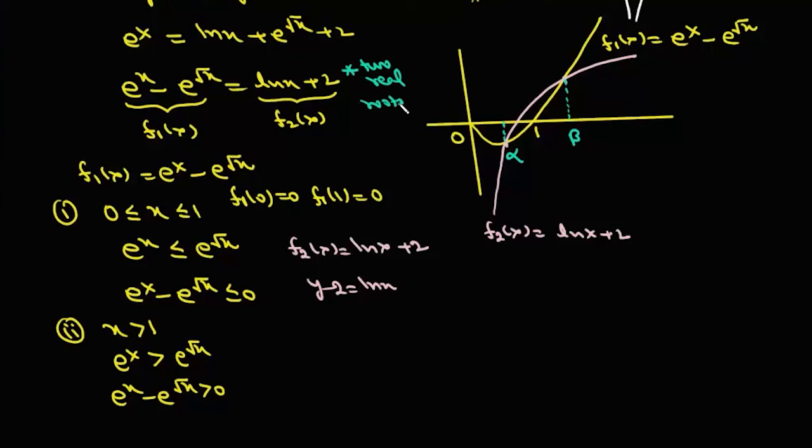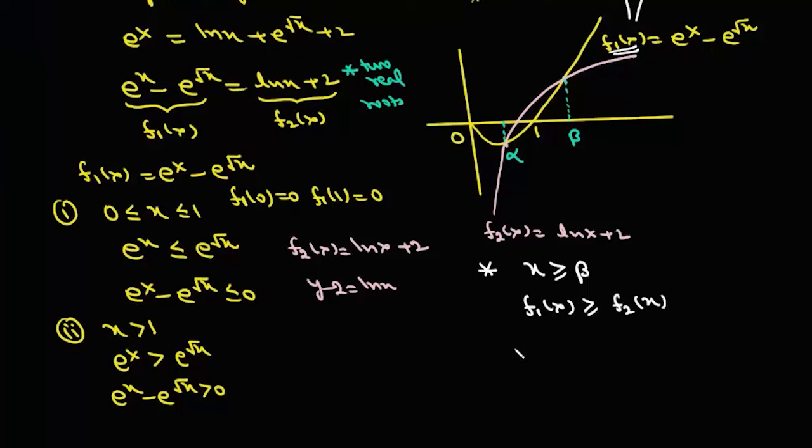Now, how is this information going to help us? Now, what we'll do is we'll restrict our analysis when x is greater than or equal to beta. Now, when x is greater than or equal to beta, in that case, the graph of f1(x) will always be above the graph of f2(x). So when x is greater than or equal to beta, there f1(x) will always be greater than or equal to